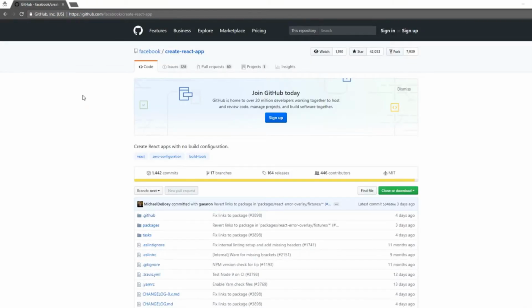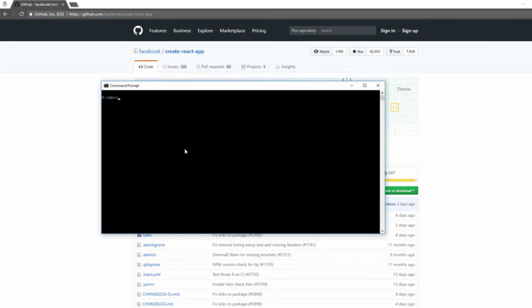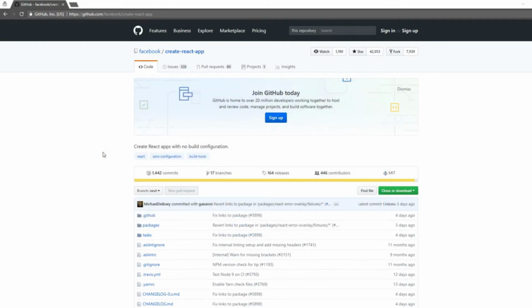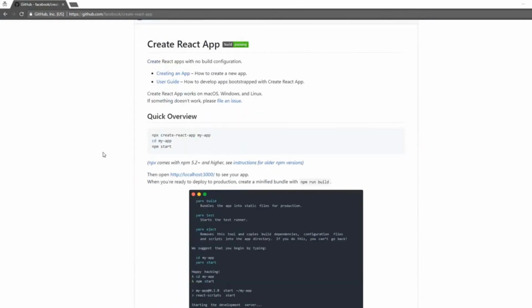Let's go back to the GitHub page, and first of all, what you need to do is npm install create-react-app with the global flag, and this will take a few seconds. Now that we have it installed, you can go back to the create-react-app GitHub page, scroll down a little bit,